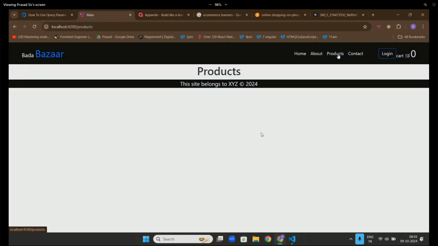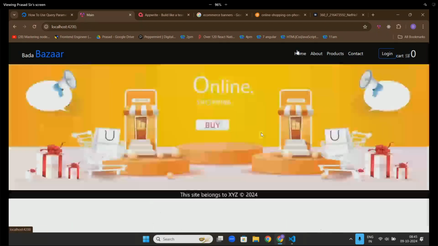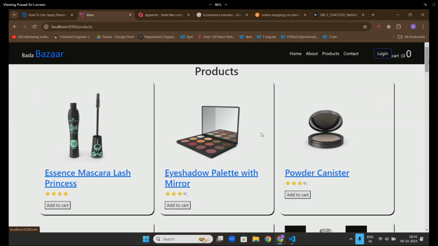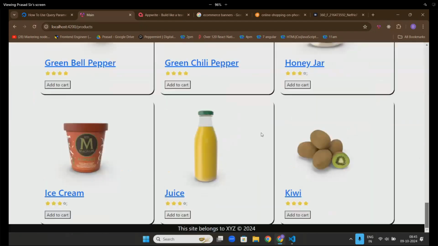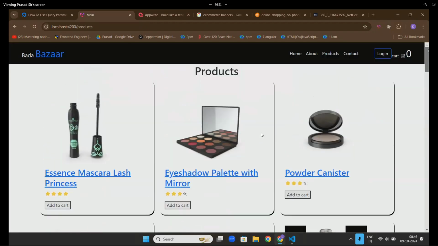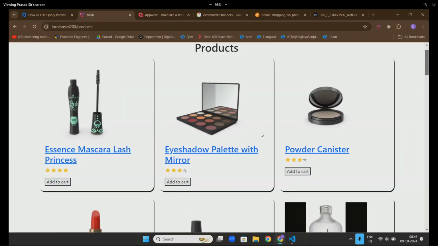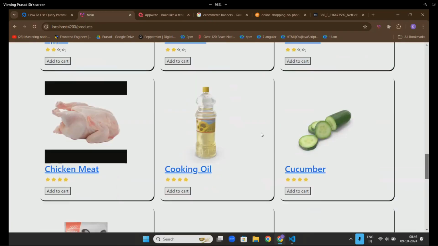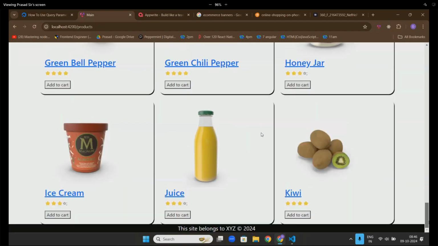Products page, home page, products page. What will happen? What will increase the bottom, Ray? Sir, is it still in the bottom or not? I'm not getting it, Ray. What is in the bottom? Are you saying footer?